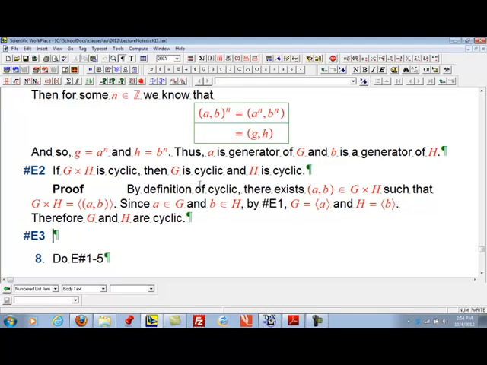The converse is your conclusion implies your hypothesis. Not would be contrapositive. Inverse is not and not. Contrapositive, not and switch places. Converse is your conclusion implies your hypothesis, so you're just switching the places. So if G and H are cyclic,